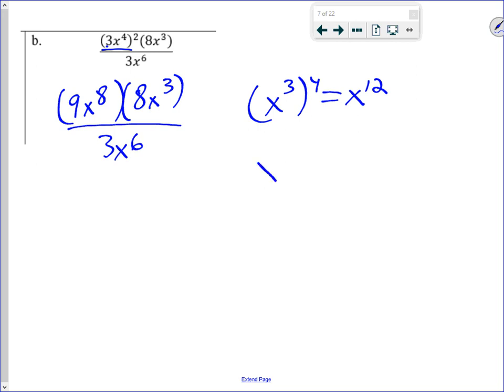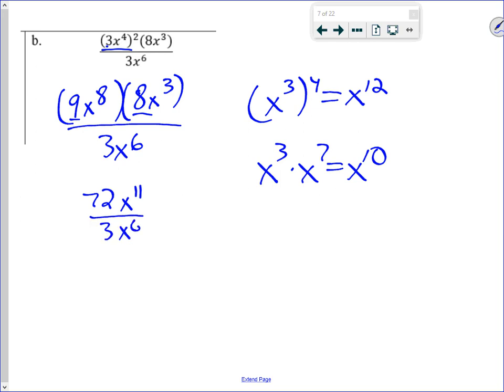Now, once we multiply two numbers that have the same base, we add the exponents. So 9 times 8 is 72x to the 11th over 3x to the 6th. And lastly, when we divide two numbers that have the same base, we subtract the exponents. And so 72 divided by